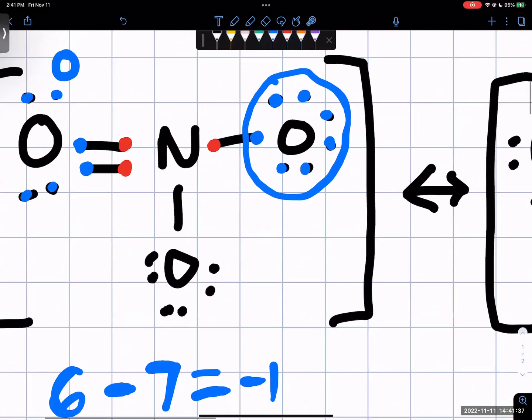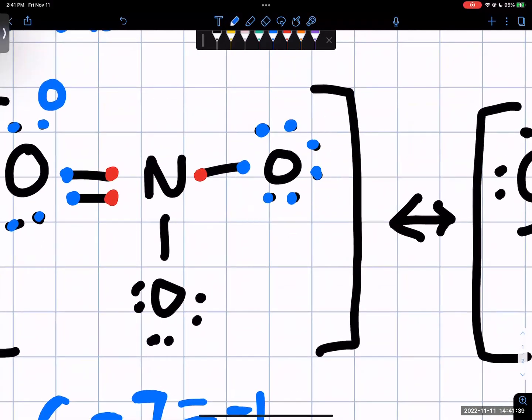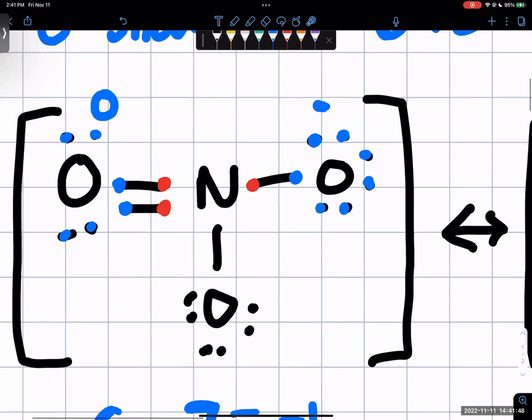Meaning that this oxygen has a formal charge of -1, meaning it has a partial negative charge to it. And it makes sense, right? Normally you would only want 6 electrons around the oxygen atom. In this case, you have more than 6 electrons, and electrons carry negative charge. So if you have more negative charge, you're going to have a partial negative